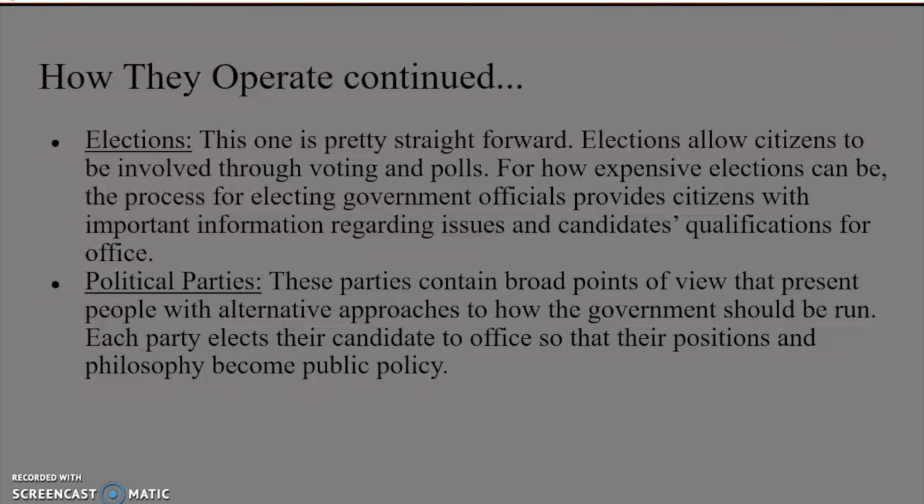These parties contain broad points of view that present